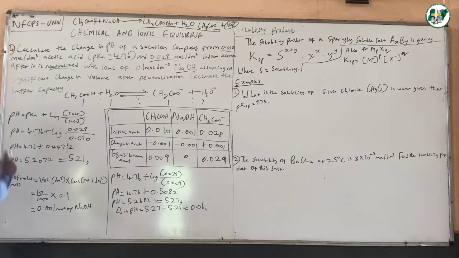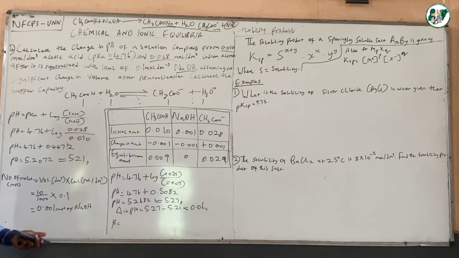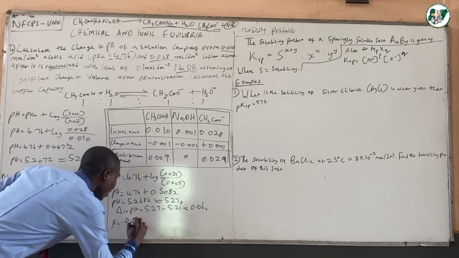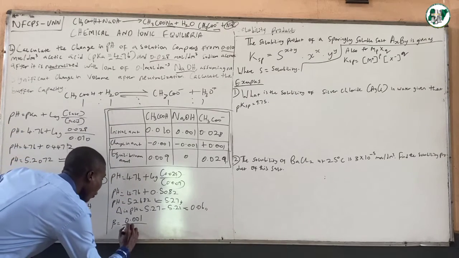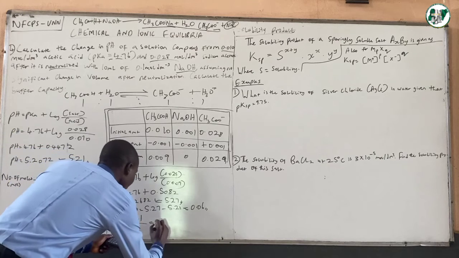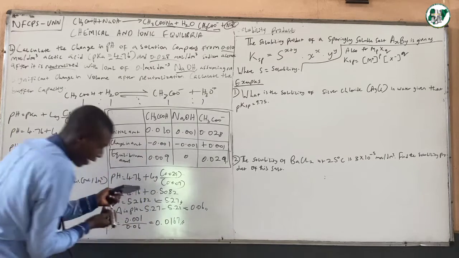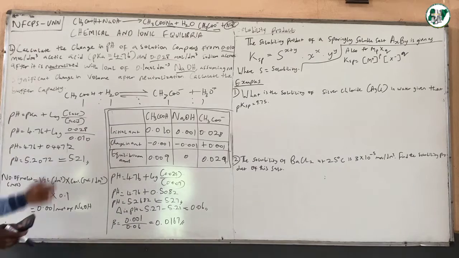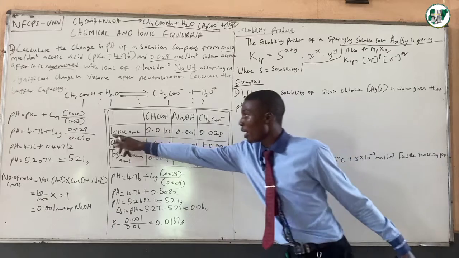Second question says calculate the buffer capacity. Our buffer capacity is equal to the number of moles of acid or base that is added, and the base that is added is 0.001, divided by the change in pH. I've already calculated the change in pH to be 0.06. So our buffer capacity will now be 0.001 divided by 0.06, and it's going to give us 0.0167 as our buffer capacity. So this is as clear as possible in terms of calculation using the ICE table: initial amount, change in amount,